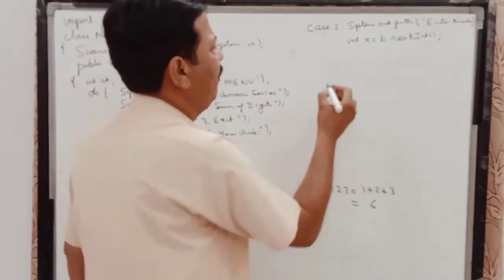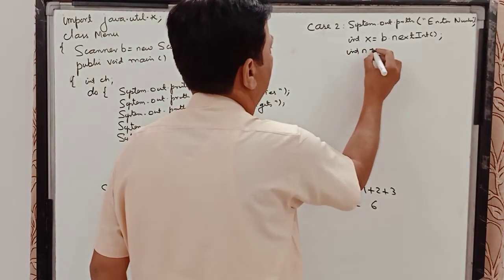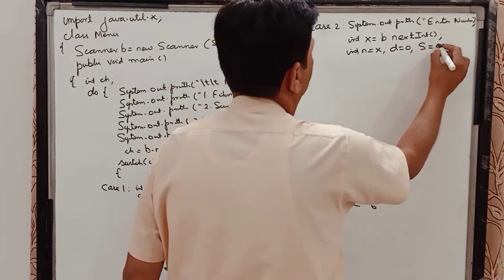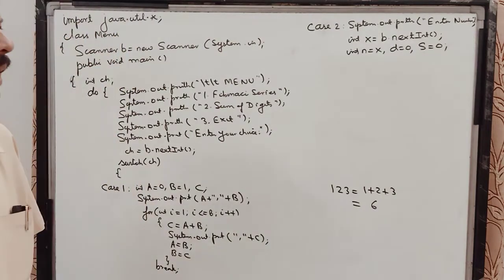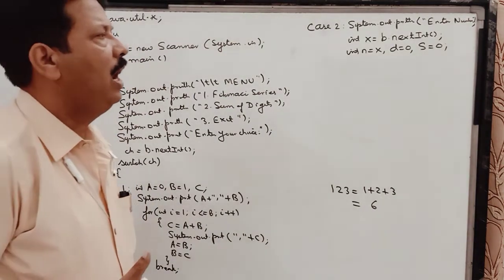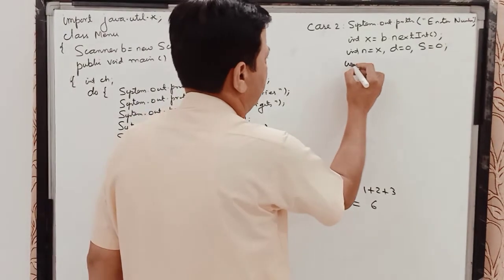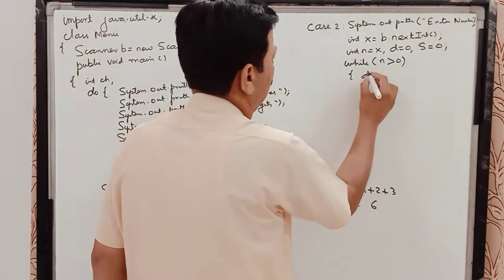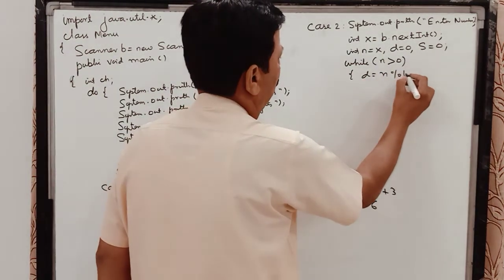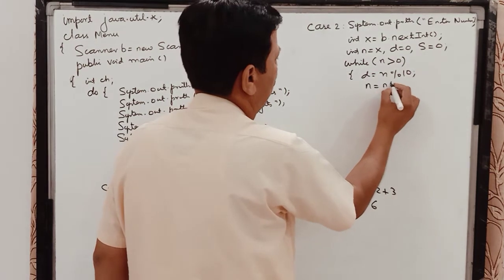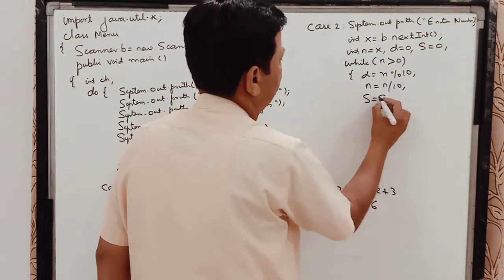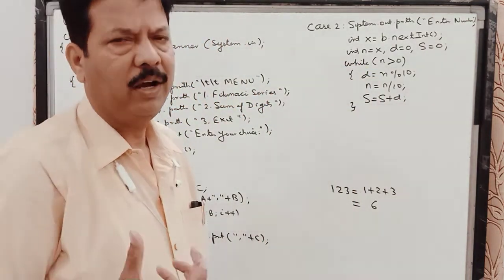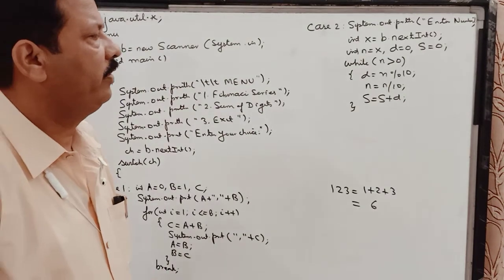Now in my program, what I have done, I have stored this number in n, and I have taken one variable to find out the digits, and one variable to find out the sum. In D I am going to extract digits, and in S I am going to find out the sum. And digits we were able to extract by this loop if n is greater than 0. So D is equal to n modulus 10, n is equal to n by 10. So I get my digit which I add over here, and this will keep on finding out the digits, and it will keep on finding the sum of the digits.